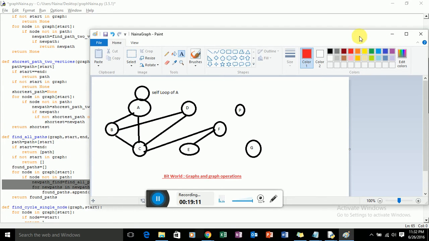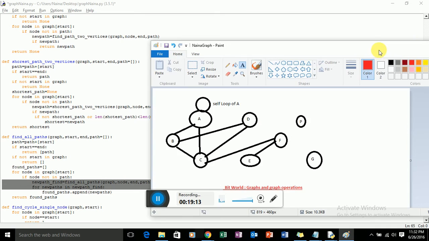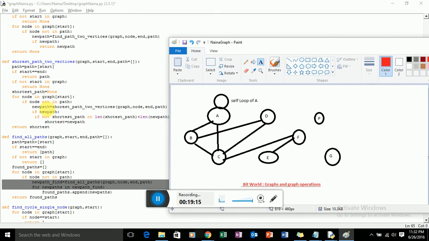Okay, what it will do is go recursively now. New path is equal to the shortest path between the two vertices, that is graph comma node, meaning B, and end, meaning it will try to find the shortest path between B and C, D. Then it will find the shortest path between C and D.